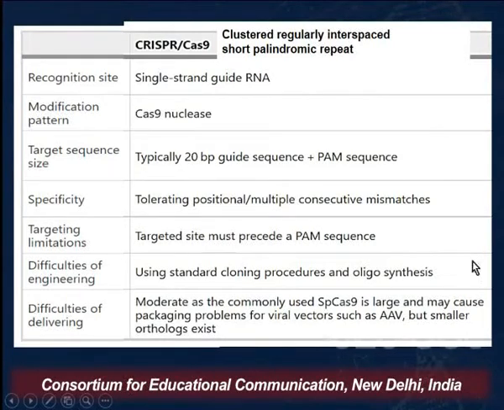Targeting engineering requires the synthesis of the guide RNA as well, the oligo synthesis, the cloning, etc., but these are all now standardized and therefore modified to create a more efficient process. As far as the delivery is concerned, the most common is the Cas9 protein delivery method, as I said. It is quite an efficient method of delivery and does not create much difficulty, but still, methods are improved upon